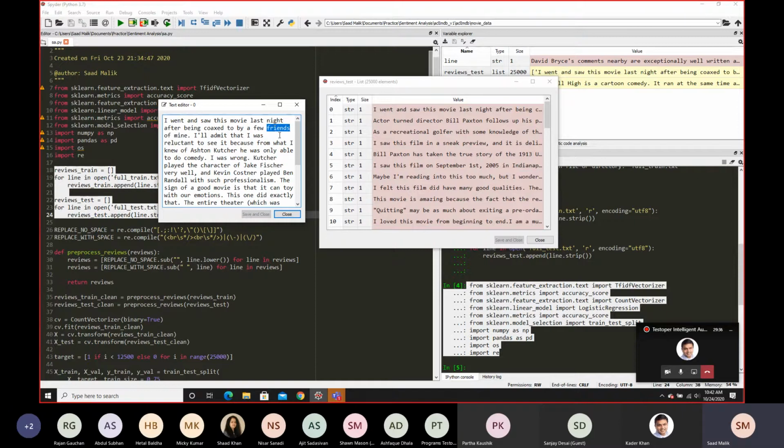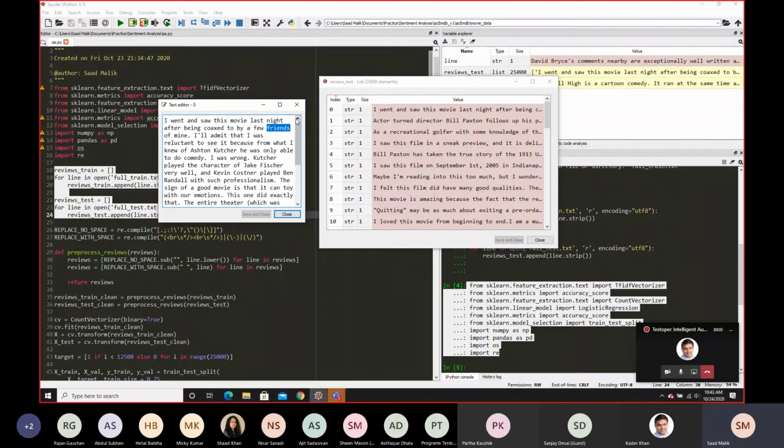The next issue that we have with these reviews is that there are a lot of special characters over here. Now, special characters could be like exclamation points, question marks, and all of that. Now, in a very advanced ML model, we might actually want to include those, but because this is more of a simplified model, we want to replace those, right?